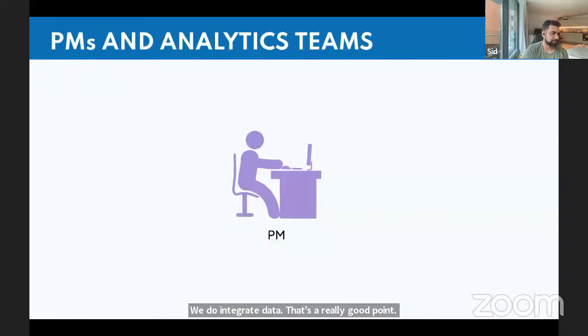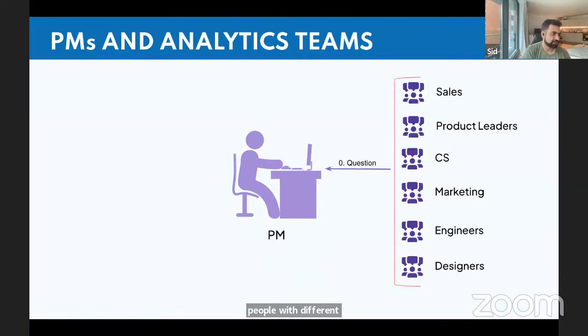Okay, cool. Let me jump in. So the following slide is based on a setup where the assumption is that this is a medium to a large sized org, not a very small or an early stage startup, because in an early stage startup there is necessarily no specific analytics team. There are PMs or engineers or some people with different roles who are filling that role. So that's the assumption here.